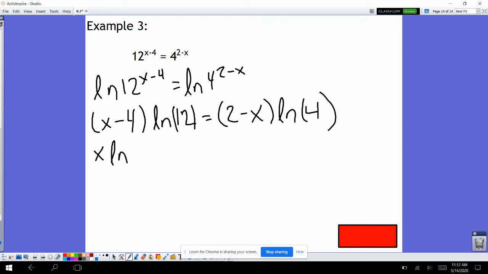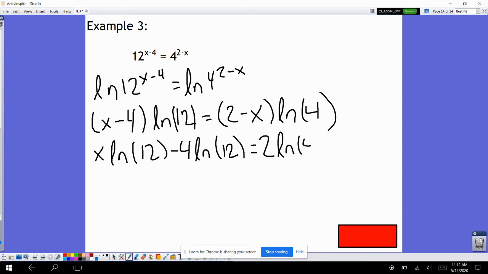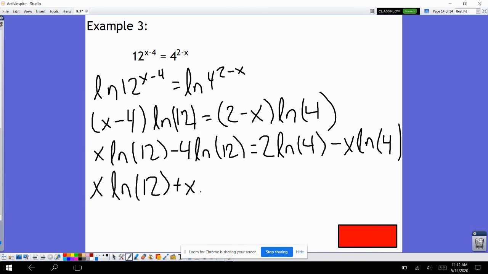We have x times the natural log of 12 minus 4 times the natural log of 12 is equal to 2 times the natural log of 4 minus x times the natural log of 4. Well, now we need to get all our x's to one side. I suggest you add that x so it stays positive. So our left-hand side is going to be x times the natural log of 12 plus x times the natural log of 4. We are going to have this equal to